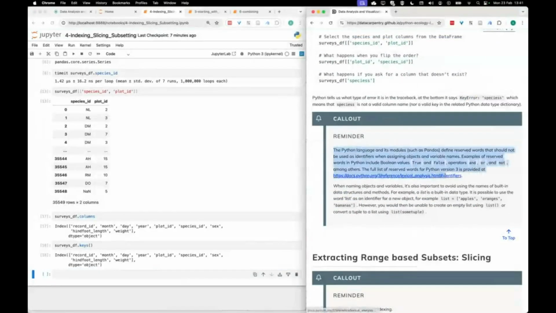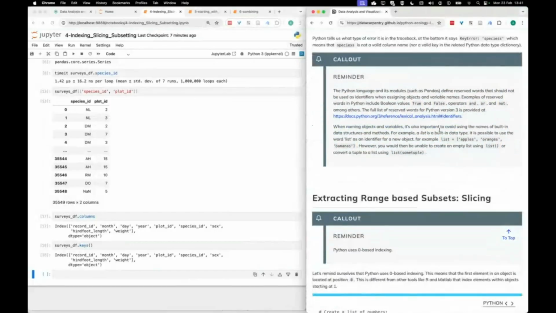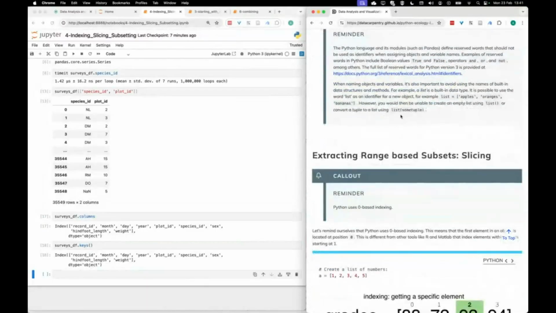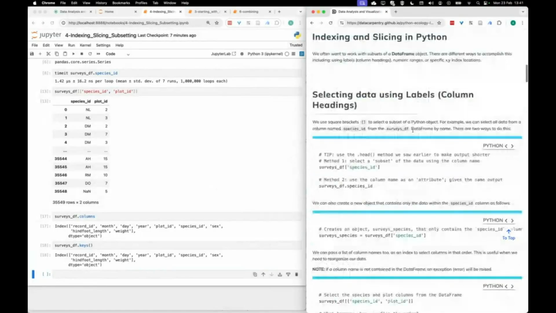Okay, so here's a little reminder about how to name variables. Basically, don't use list as a variable name or other reserved variable names. That's simply useful to keep in mind. Okay, so that's